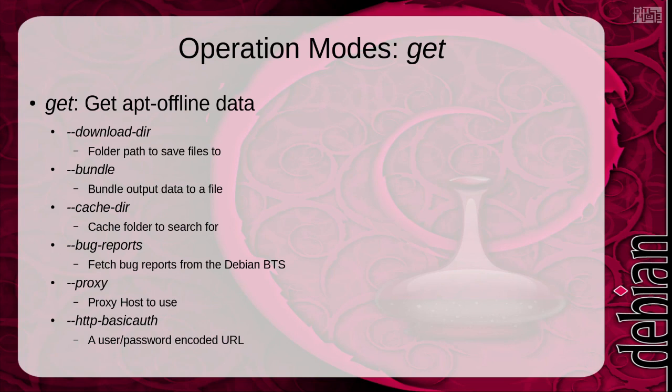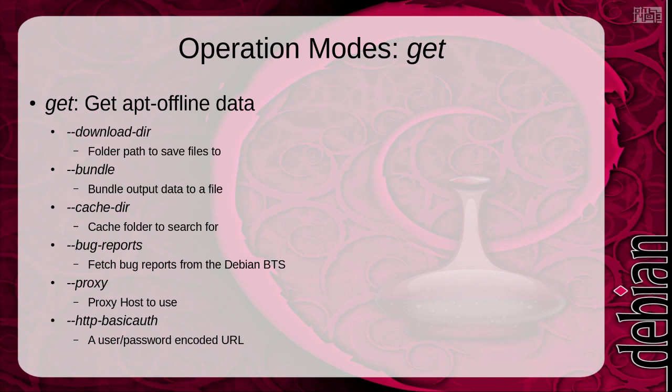There's also the bug reports option, which fills the gap for making the bug reports available for the requested package. This is good in cases where you request a package and the package gets downloaded and you bring it to the offline machine, but before you go about installing it, you get a good list of all the bug reports against the package that you are trying to install, and see if any of the bug reports is something which is serious to you.